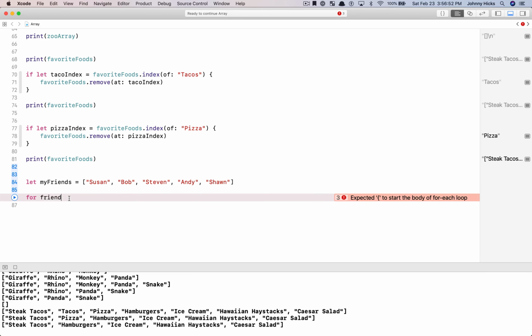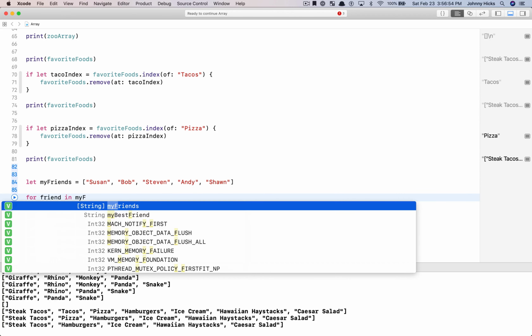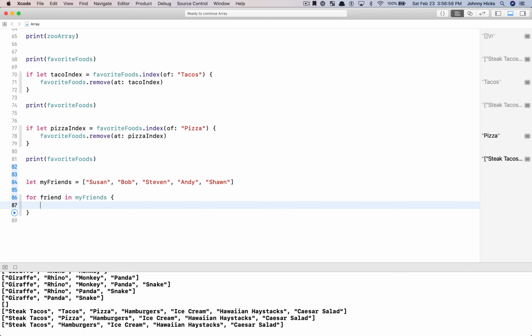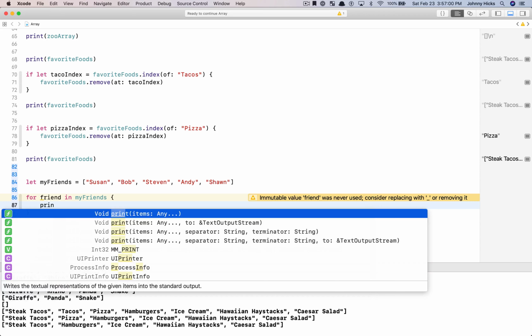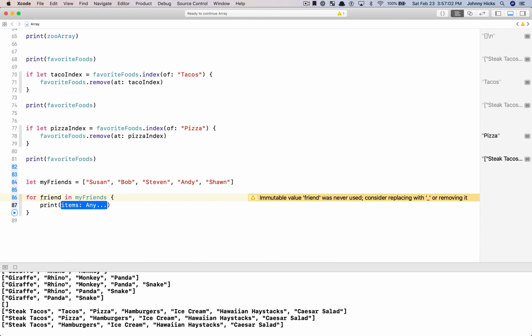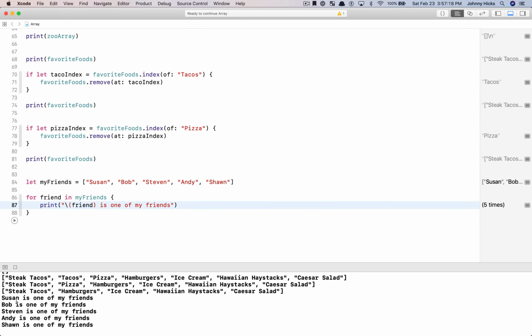So for friend in myFriends, so for each element in my friends array, let's go ahead and print out, and using string interpolation, we'll use that friend property there, right? Print friend is one of my friends. Okay, so I can run this code, and we see Susan is one of my friends, and Sean is one